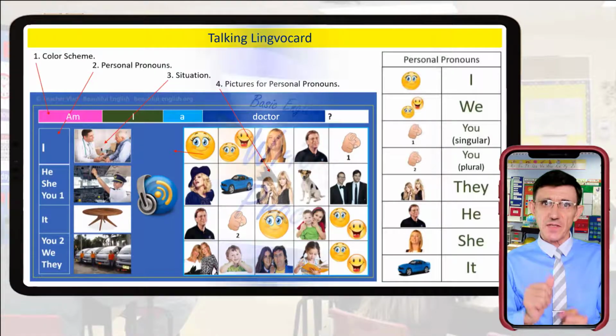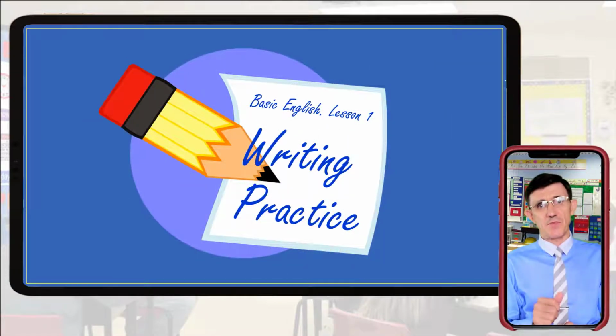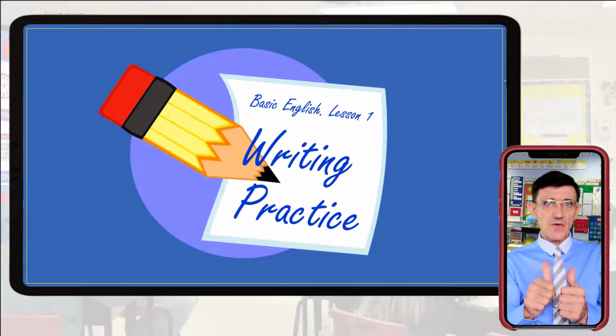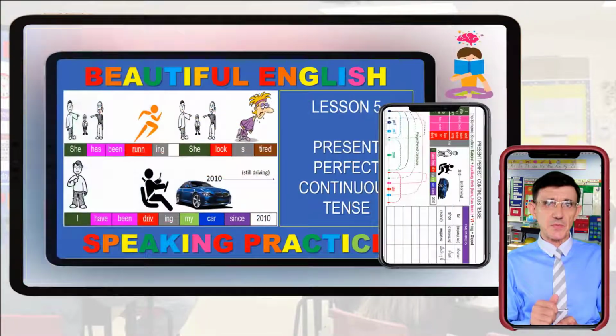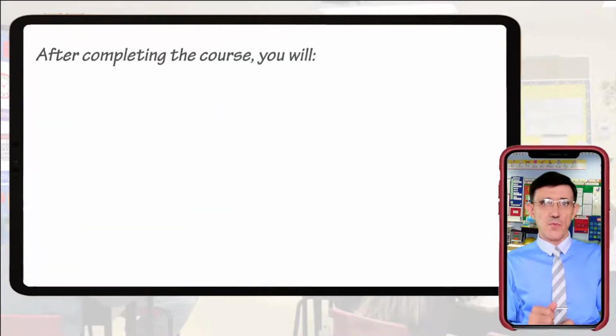The last section of the lesson is the writing practice. It will help you to review a lesson and get very good reading and writing skills. The Beautiful English Learning System is not just another learning program. It is a unique, beautiful, and a very effective English speaking training system that will really help you to start speaking fluently and correctly. After completing the course, you will broaden your vocabulary,